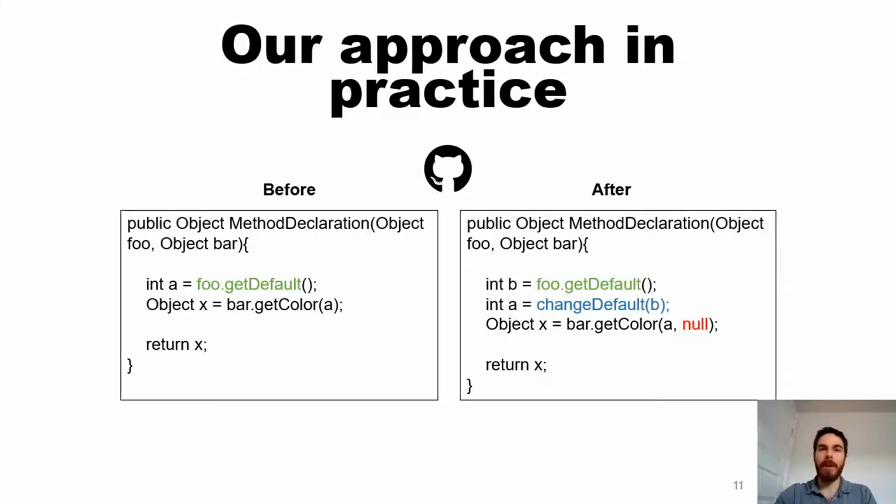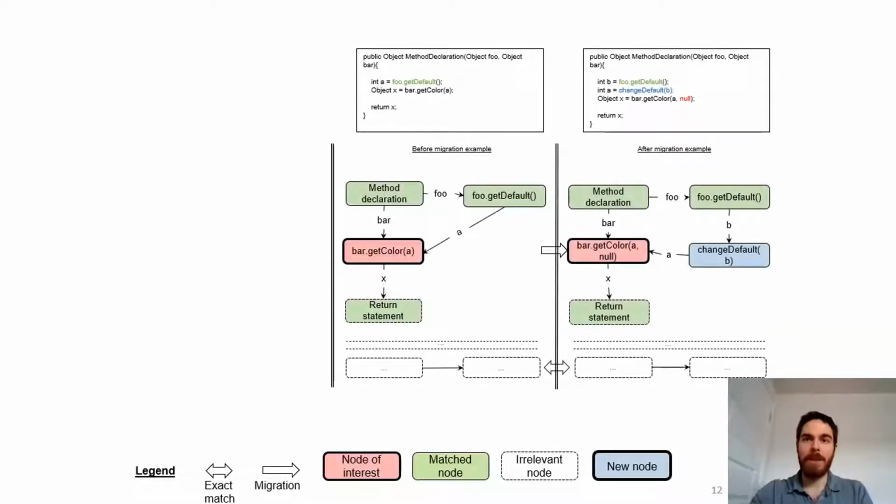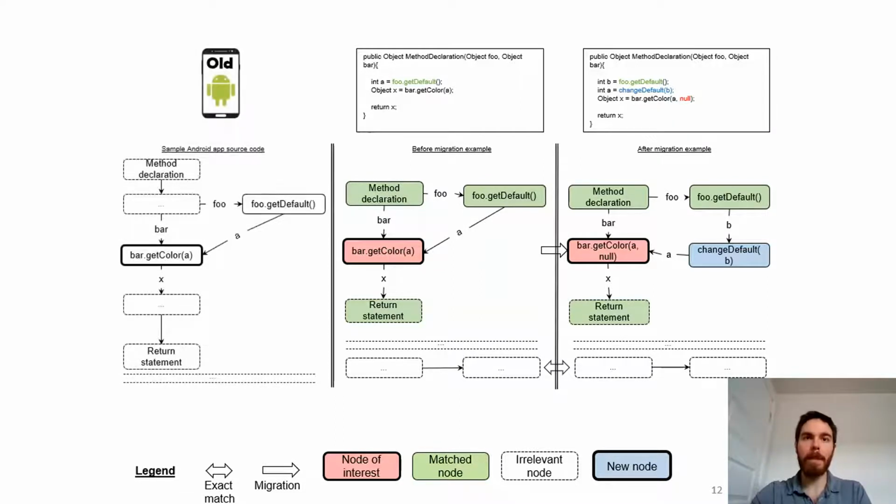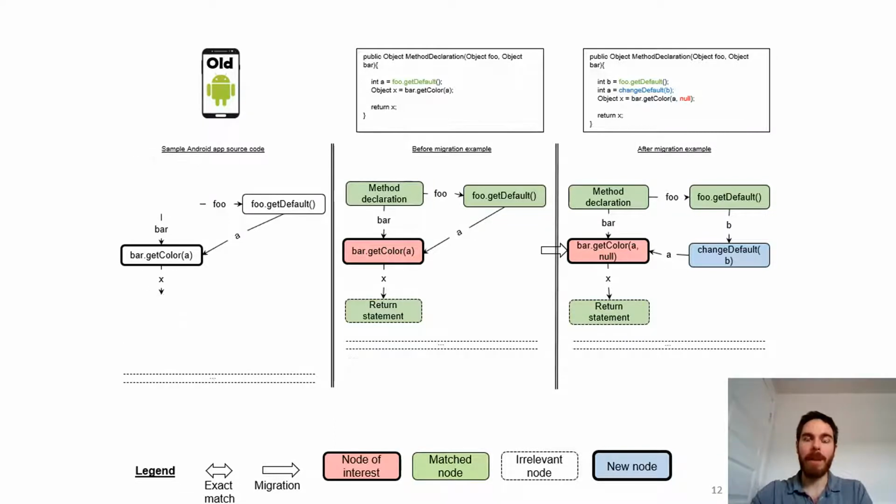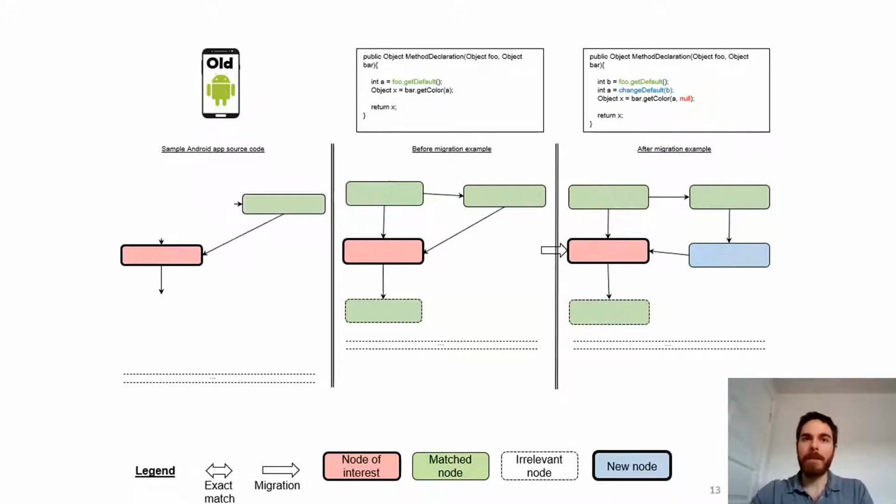So in practice, what this looks like is if we have a before and after snapshot of a migration on GitHub, we can then, as previously mentioned, construct the ASTs, construct the control flow and data flow of the before and after migration examples. And we can then compare the user's code to the before migration example. If the migration example matches after we remove nodes that are not necessary, then we can go ahead and do the migration. So here we've removed the text for clarity for the presentation, but we don't actually remove this information